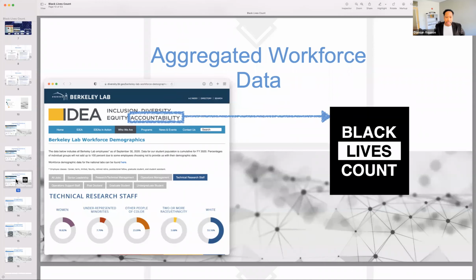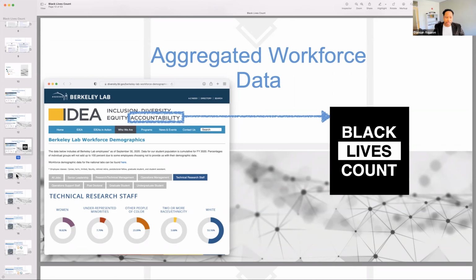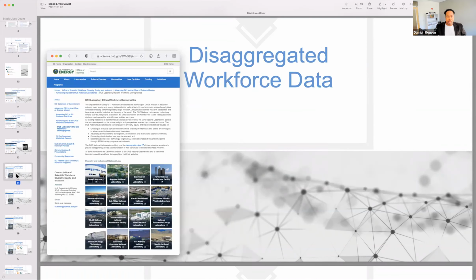And so I guess I would pose the question, can we really say that Black lives count if we can't count Black lives, right? So I think that's an important piece of data that we need. Good news is, along the way, I've discovered that there is one web page you can go to that points you to the demographic data for all 16, or excuse me, I think there are 17 DOE national laboratories, and I'm not sure which one is missing here, but we have 16 links directly to the demographic data for 16